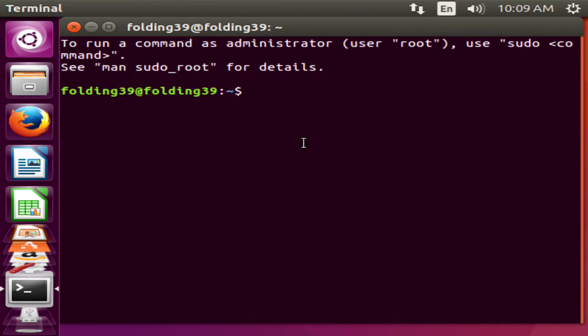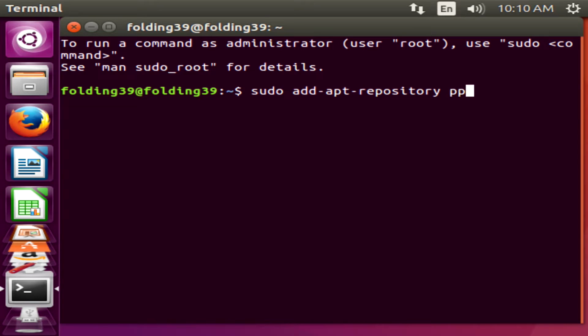Many of these same commands will be able to be used on Mint. I just prefer using Ubuntu, so for the video we will use Ubuntu. All of these commands will be down below in the video notes, so please refer to it when copying and pasting. So the first one is sudo